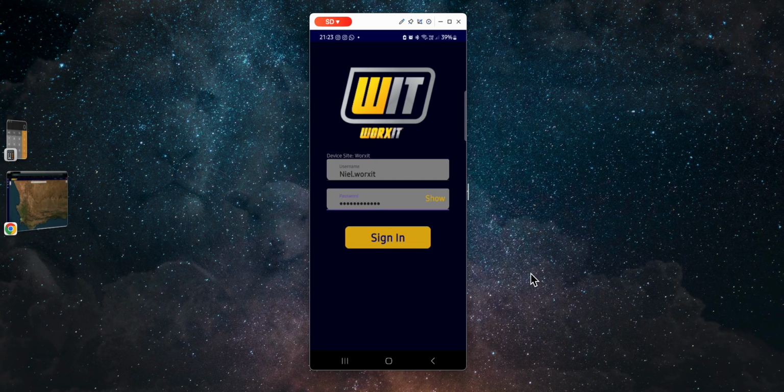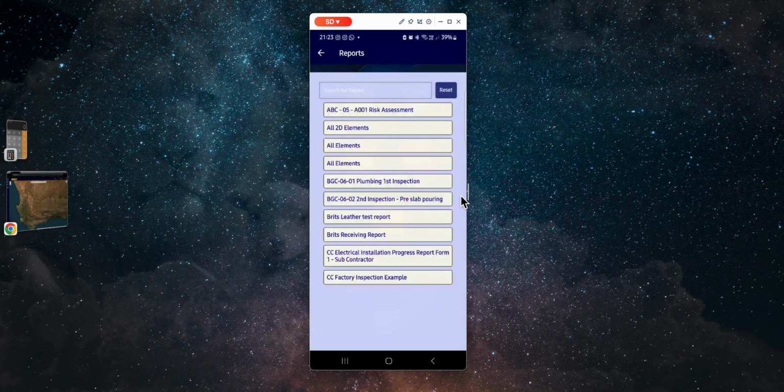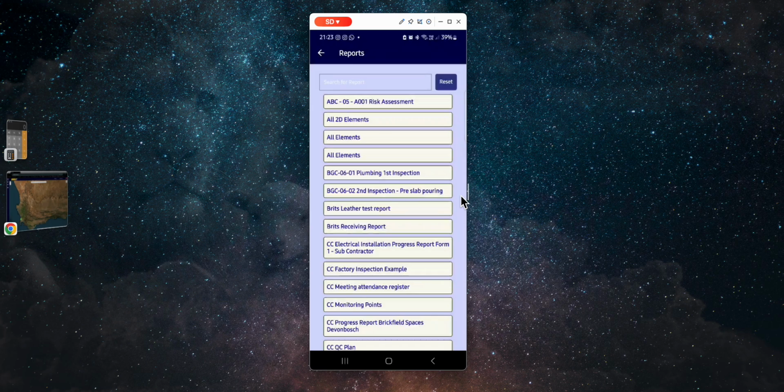Okay, so now on my mobile phone, I've opened up the Worxit application, and here you'll see your site that the device is registered on. You put in your username, password, and you sign in. Okay, then you go to reports, and there we go. You can search. Let's say you've got a lot of reports, you can search them at the top. But there's our risk assessment that we just created. We click on that,